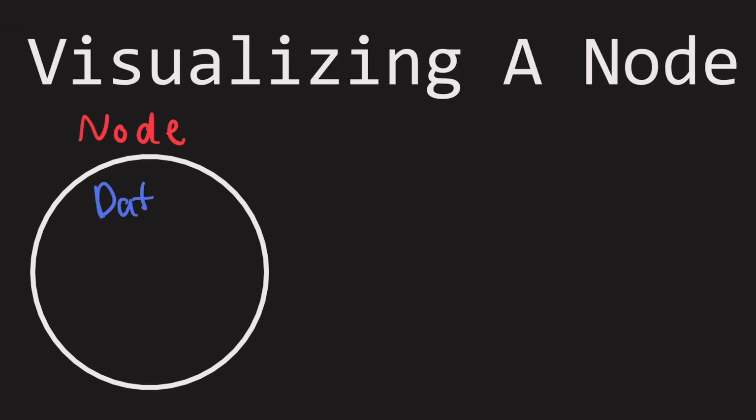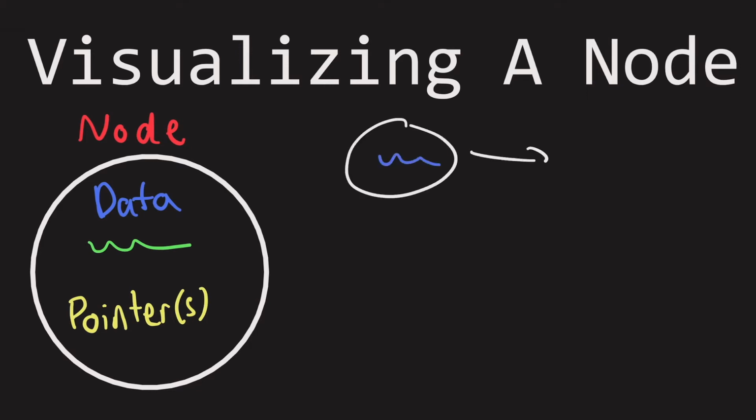We have the data of the node, and then we have one or more pointers. These pointers are essentially variables of type node, which are stored in the node object, and point to another node in memory. The beautiful thing about nodes is they essentially chain together to form structures. You start with one node with data and it points to another, which points to a different one, and so